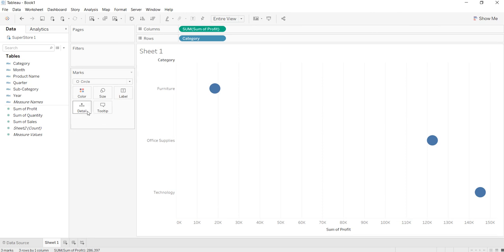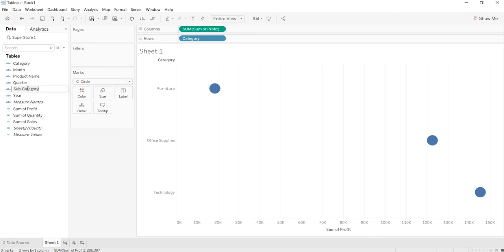Now how does the detail property function? As soon as I drag any dimension on top of this detail property, the mark for each category or each member that is present in the rows or columns will be divided basis the dimension that is dragged and dropped on the detail property. Let me show you what is meant by this.